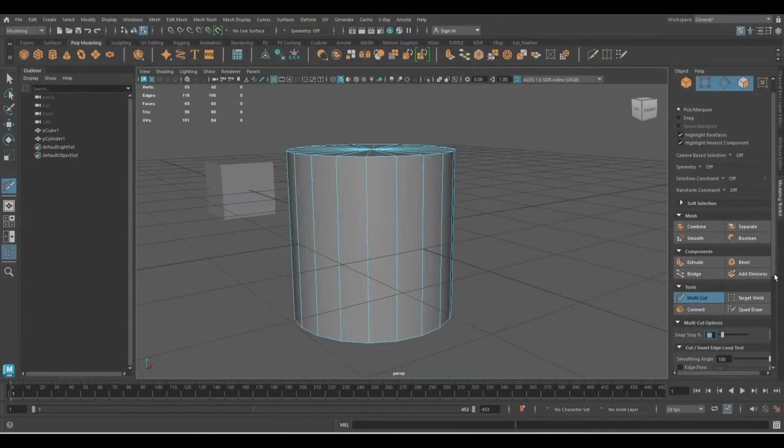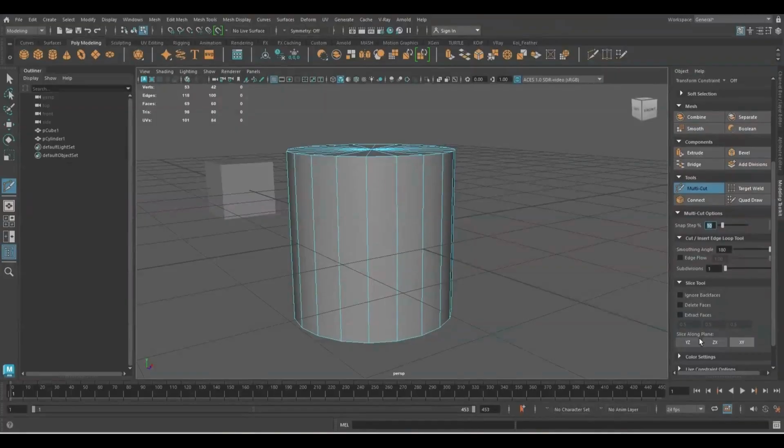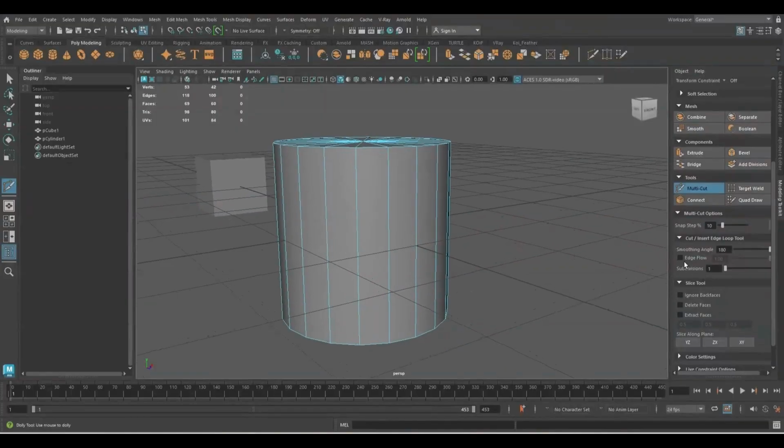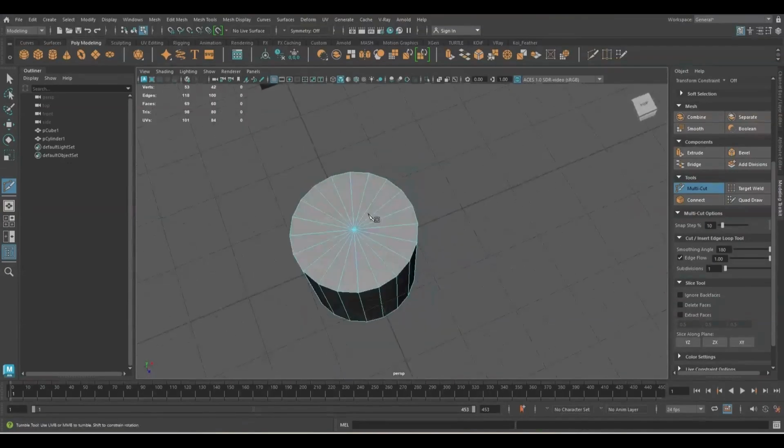Let's come down and see what other options we have. It's called edge flow. Edge flow is very important. Just imagine, so okay,